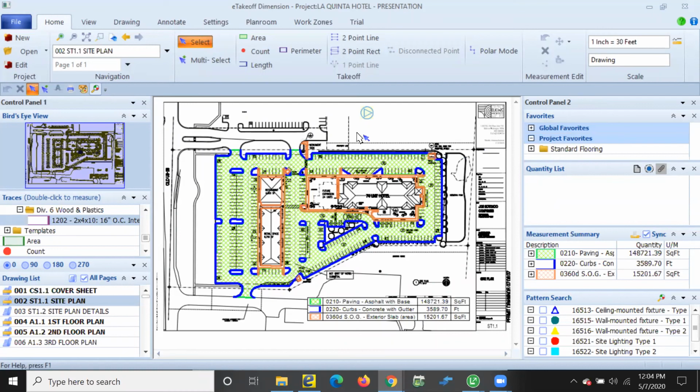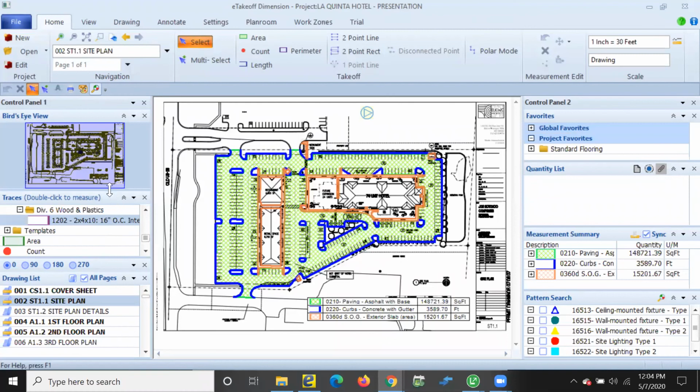The different ways that you can do takeoff in eTakeoff, you can do length, area, count, perimeter. eTakeoff uses what's called traces. So you'll see in my left-hand pane here, I have a control panel 1, and I've got a couple of different areas there, different tools and so forth. So the traces are living right here, and those are built according to whatever I need to take off. And then they will match over to either my takeoff in Basic Estimating for 100 or my Sage Estimating database.